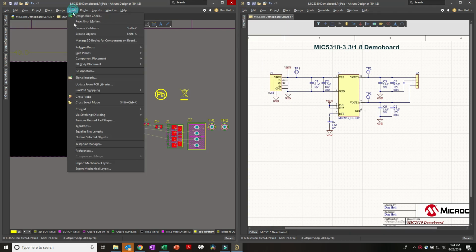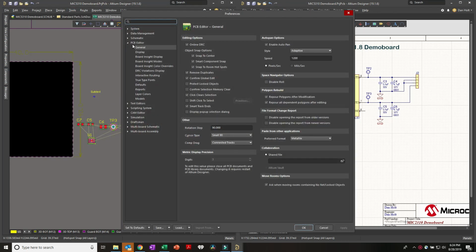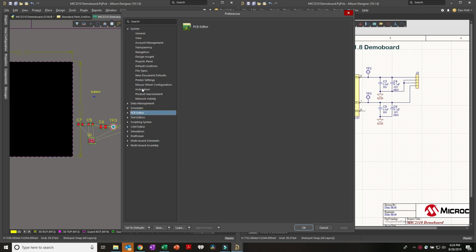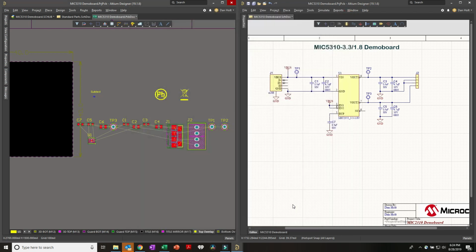I found it. Tools, Preferences. Go into System, Navigation. Down here is Cross Select Mode. If you want to turn this on. And there's some options, we'll leave them on default for now. Press OK. So look what happens now if I click on J1 on this side,